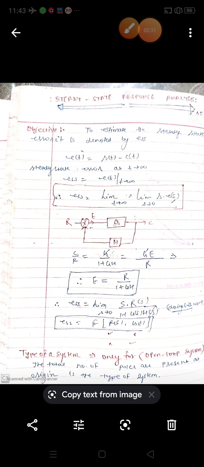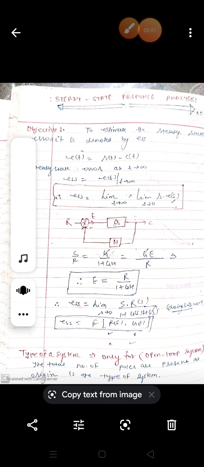In the transient response analysis, we looked at the response of the first order system and the second order system with standard signals such as unit step, ramp, parabolic, etc. Then we looked at the different specifications of the time domain analysis for the first order system as well as the second order system, such as rise time, settling time, peak time, and peak overshoot, and their numericals. Hope everything is clear.